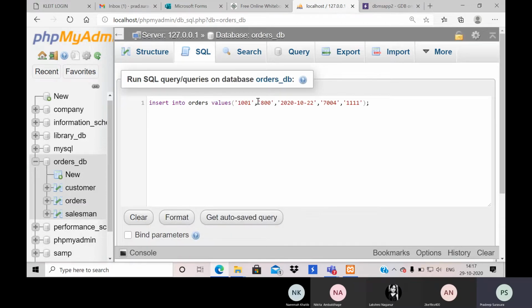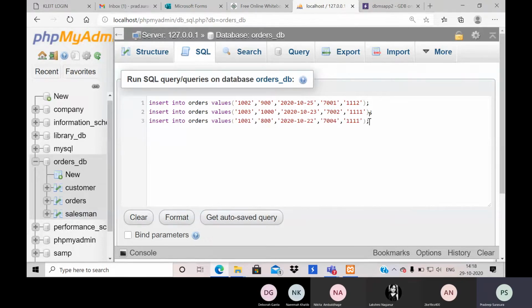So let me continue adding a bunch of values, just to see, trying to give some additional values. Okay, so next I will try to insert some multiple records so that I can make some differences there. Okay, so hope you guys can understand this. Let me continue with some other values.